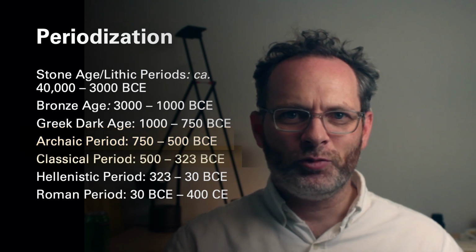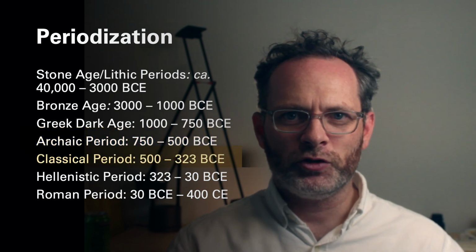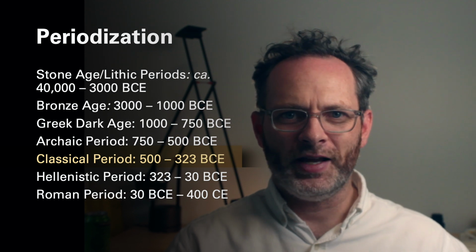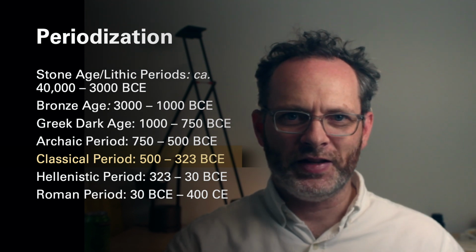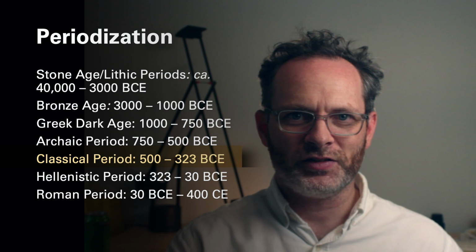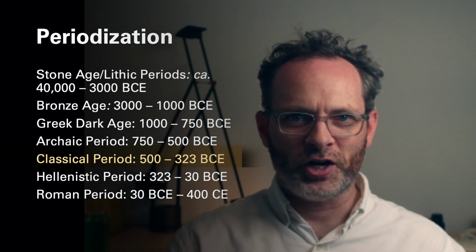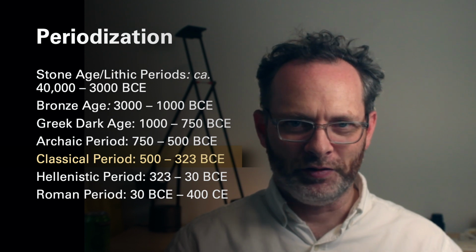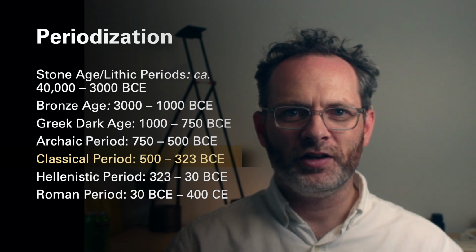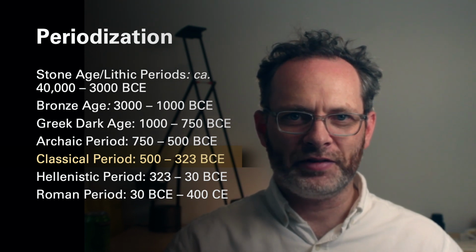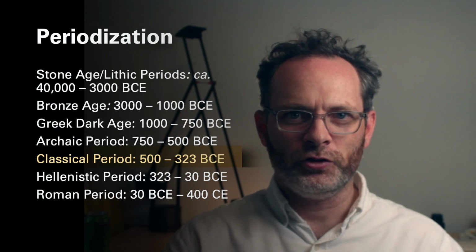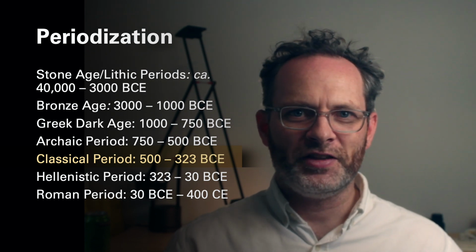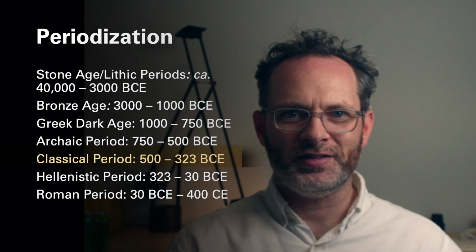Then we have the Classical period of ancient Greece from 500 to 323 BCE. This is the golden age of Athenian democracy. We have advances in the arts, sciences, philosophy, then the Persian Wars, creation of the Delian League, the Athenian Empire, finally the Peloponnesian War told by Thucydides, and then the fall of Athens and Sparta to the Macedonians, the conquest of Alexander, and the death of Alexander the Great, 323 BCE.